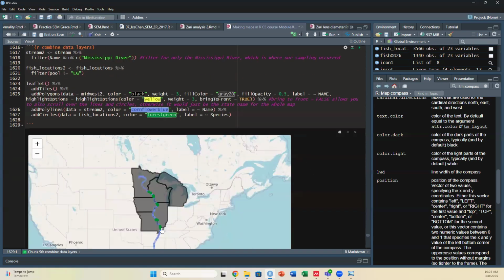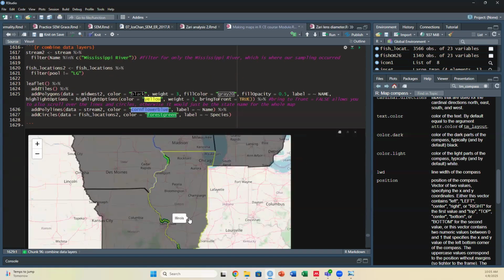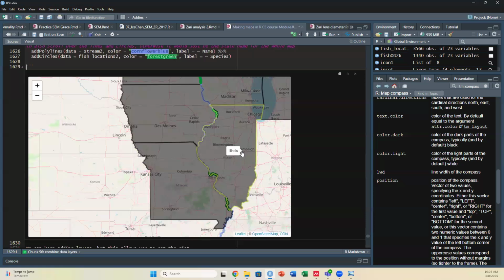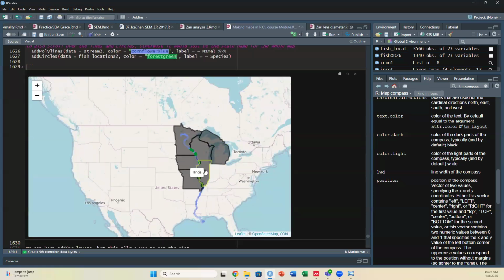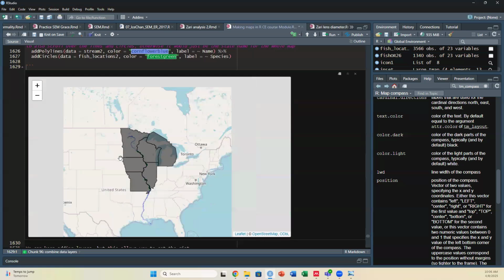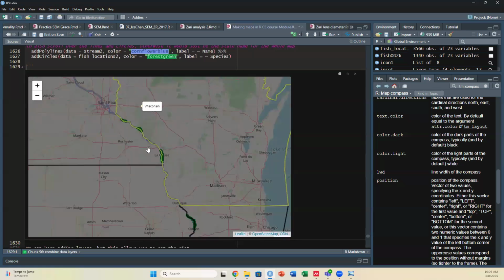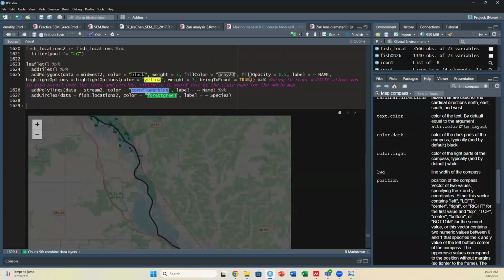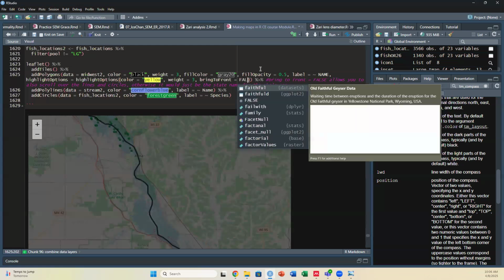So what this does is we can zoom in and out here. We've got these states filled in with gray with black borders, and we can highlight them and find out their names by hovering over them. When we zoom in, we've got the Mississippi River labeled, and it is the entire Mississippi River, not just what's in the study system. And if we zoom into our green points, it's really hard to read what any of these points are because we put bring to front true. We put that as false because it's true we only